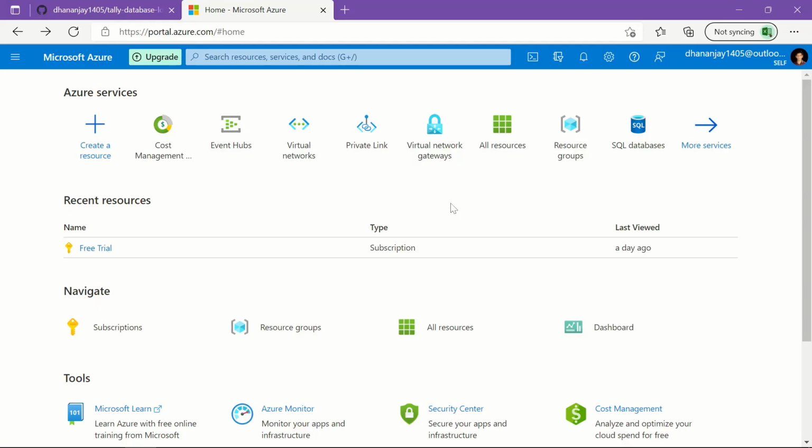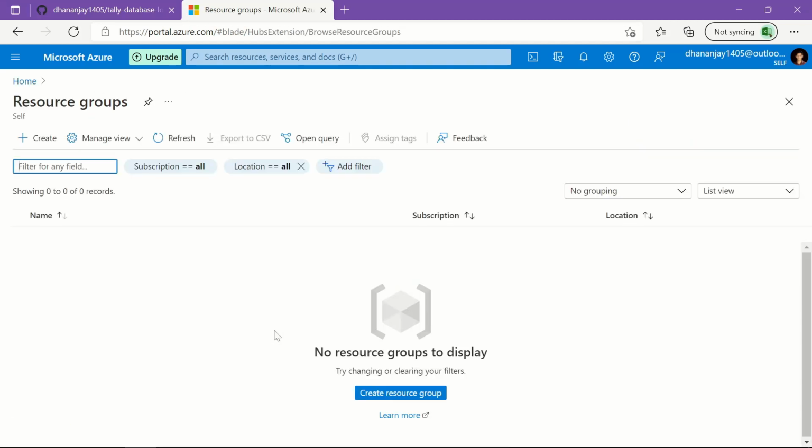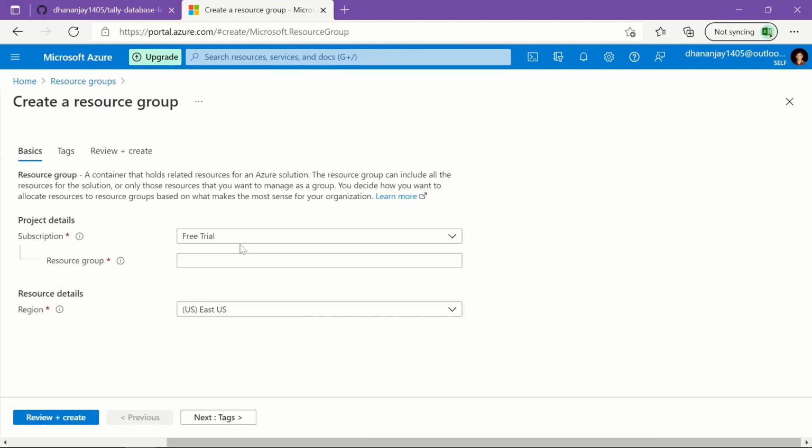Now next step is to create a resource group so that you can track how much cost that Azure database or a database server is using for specific client or maybe department. So you can divide it using company wise or client wise or department wise, whichever you want. So I'll go to resource group and click create resource group. Subscription would be free trial, and name of the resource group, let's say Tally.